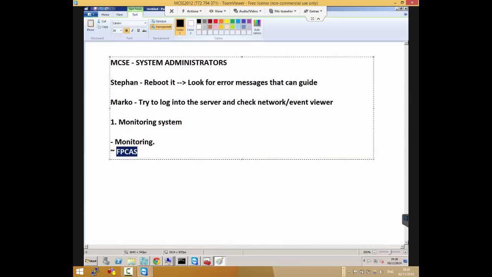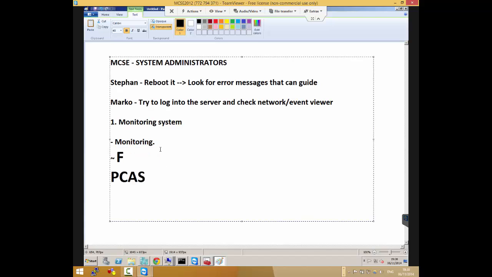Anyone? No? So FPCAS is a really popular framework for monitoring. As a system admin, whenever they give you a project to set up a server, you're thinking of this: you must set up monitoring for these five aspects. F means fault.